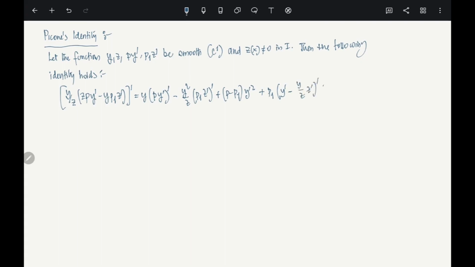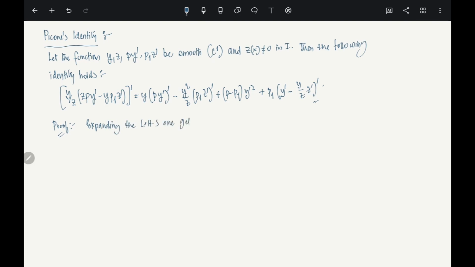Okay, so how do you prove something like this? The proof is a no-brainer basically. What you do is you break it up and then put it together. That's all. So I'm going to start with the right hand side. One second, sorry, let's write the left hand side and we'll go to the right hand side from there. That will be better because it is just an expansion, right? So expanding the left hand side,